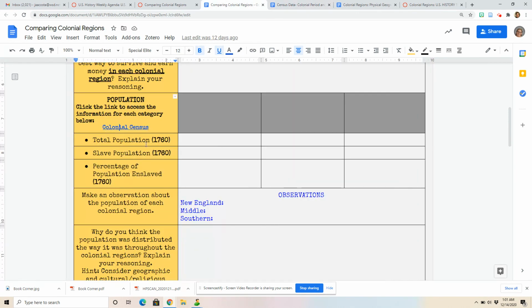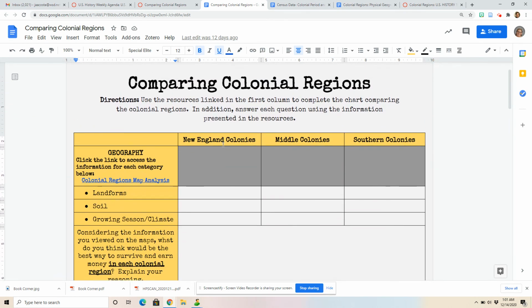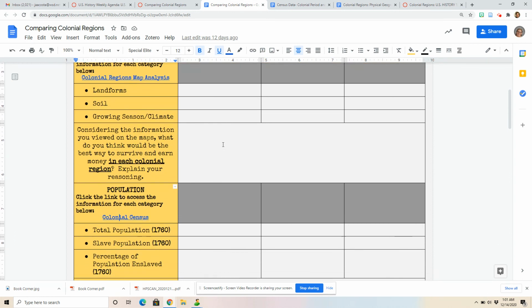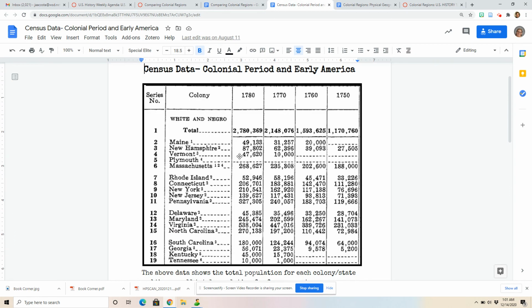Okay, and then using that information, you're going to have to find the section for 1760. You're going to need to fill in the population for the different colonies. So what that means is you're going to need to maybe do a little math here. Okay, so when it